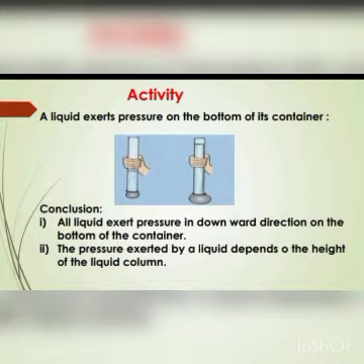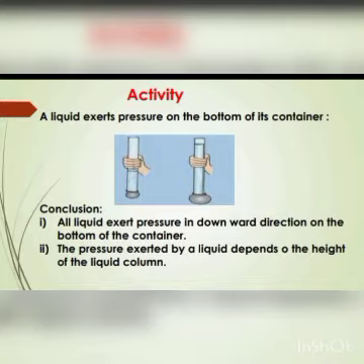Now keeping the pipe vertical, we have to pour some water in the pipe from the top end. And we will find that on pouring water in the pipe, the rubber sheet tied to its bottom stretches and bulges out. And the bulging out of the rubber sheet demonstrates that the water poured in the pipe exerts a pressure on the bottom of its container.